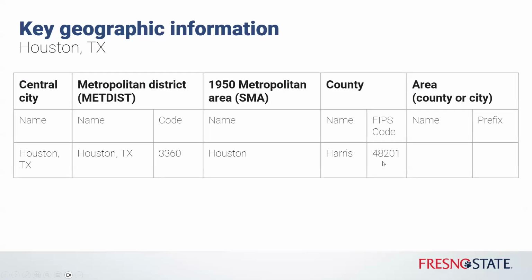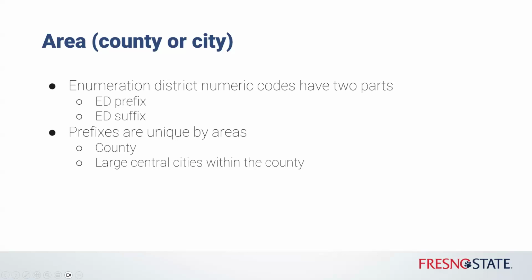Okay, so if we're going back to our little table here that we're filling out, we can say Houston is made up of Harris County, and that's its FIPS code, 48201. And then finally, you're going to want to know what prefixes you will find. Recall when we were looking at